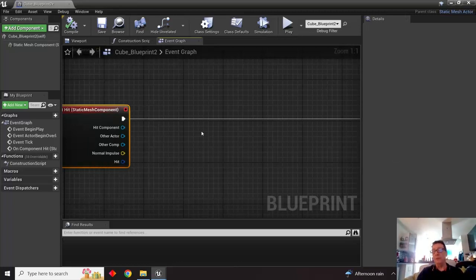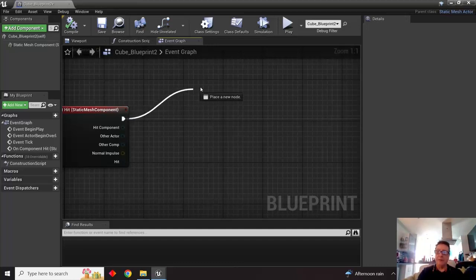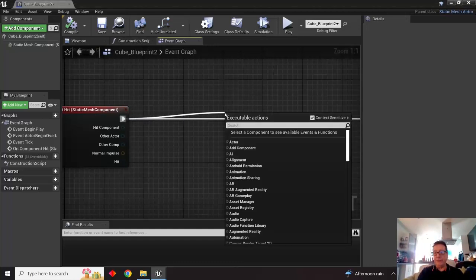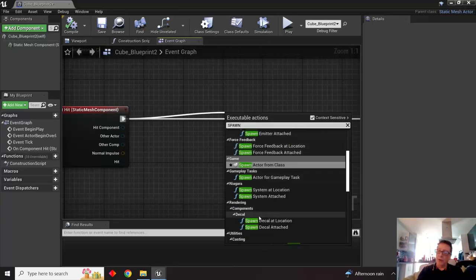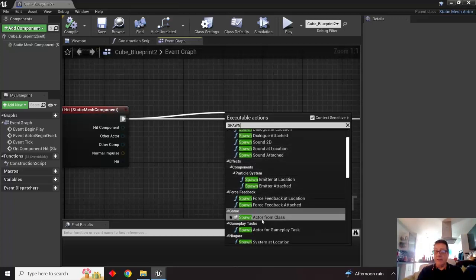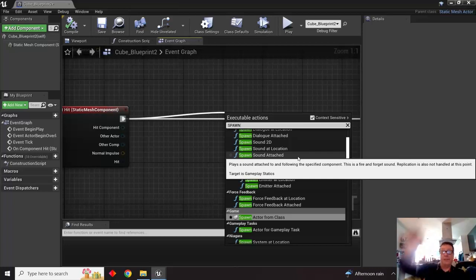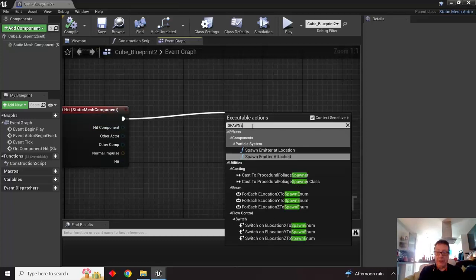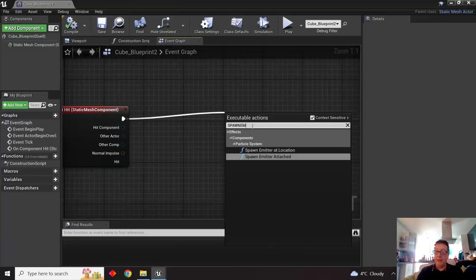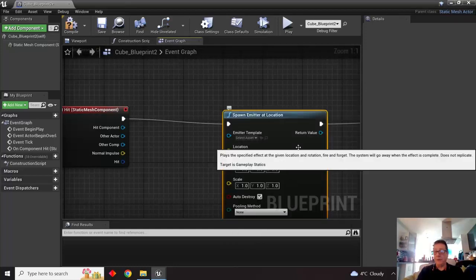So I want to spawn an emitter. An emitter is the term we use for anything like fire, smoke, light, or any other special effects. So I'm going to drag off of this again and release, and I'm just going to type in spawn, and you can see already what I've got is limited. Because this is context sensitive, it doesn't give me every single thing on the planet or everything that I can do. It's just the stuff which I can use in here. And then I'm going to go E and M for emitter. Oops, only one M. And I've got two options, location, which I've hit,